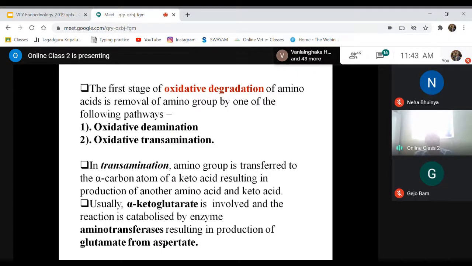I think you may know this transamination and deamination. It may be discussed in biochemistry. So here, ultimately, after deamination and transamination of the amino acid, there will be production of acetyl coenzyme A. That acetyl coenzyme A will enter into the TCA cycle. After that, it will be metabolized by the TCA cycle for production of energy. That means the end product of amino acid catabolism via oxidative deamination and oxidative transamination is